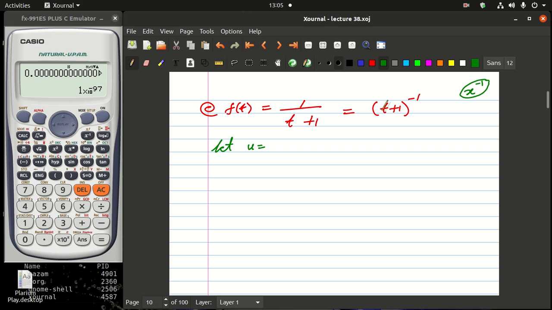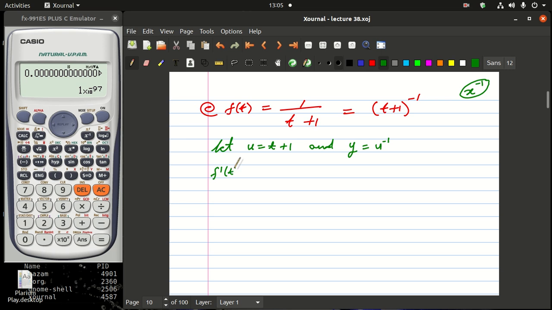So I'm going to take this as u, so it's going to be t plus 1. And after that, I want my y. My y is going to be u raised to minus 1. And now I know how to take the derivative of this, and I know how to take the derivative of that. So f prime